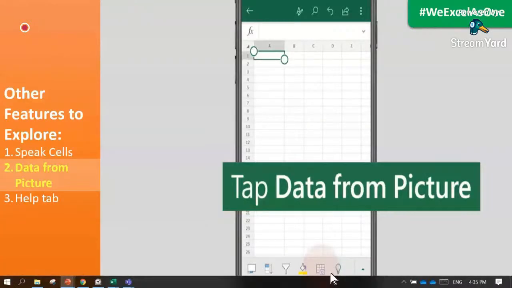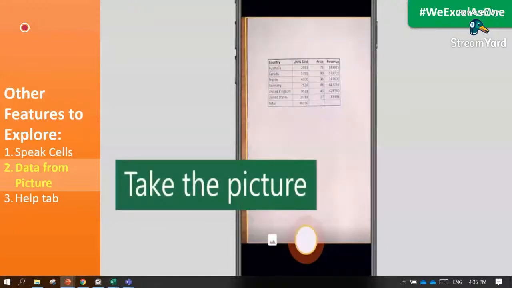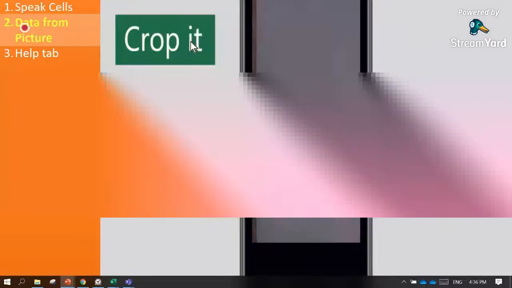After tapping, it will connect you to your camera. It will ask for permission for you to allow this Excel application to use your camera. And once you have permitted this application, you can now take a picture of your hard copy. So you take a picture of your hard copy having the table, then crop it. You crop the data to focus only on the data that you want to convert into soft copy. You crop that,